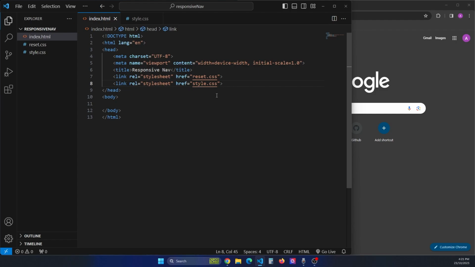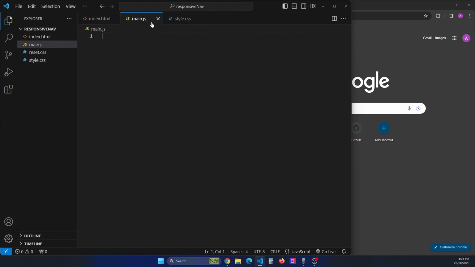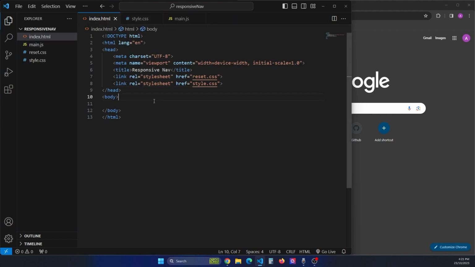Cool. And then finally we'll need a main.js file, and this one we can link it over here. Alright,